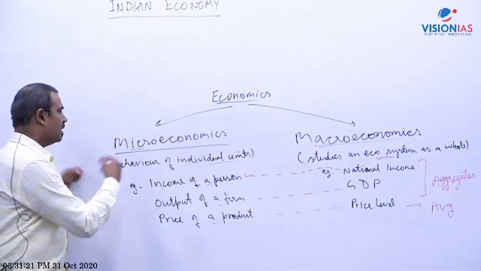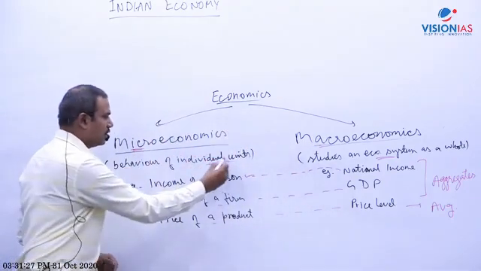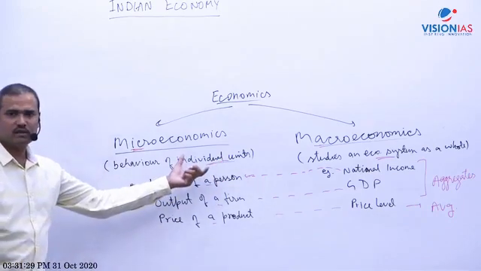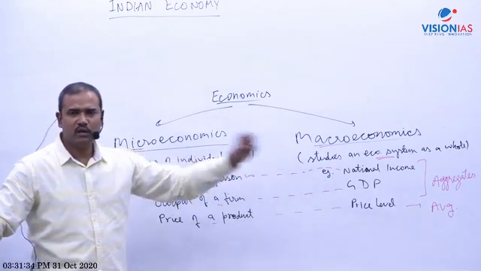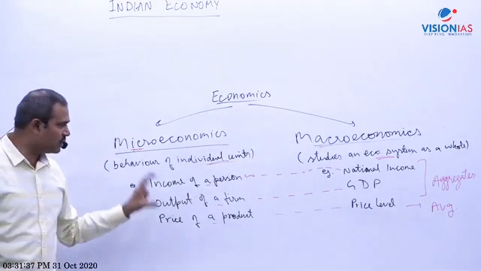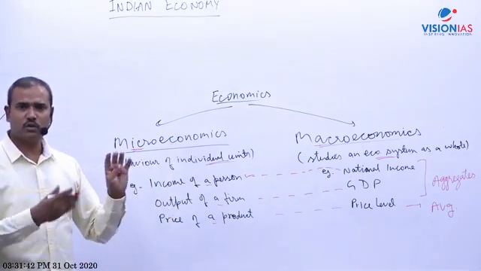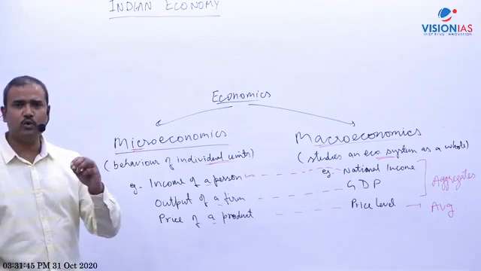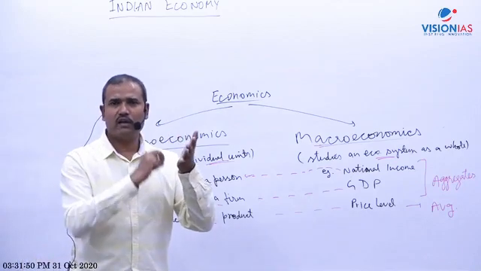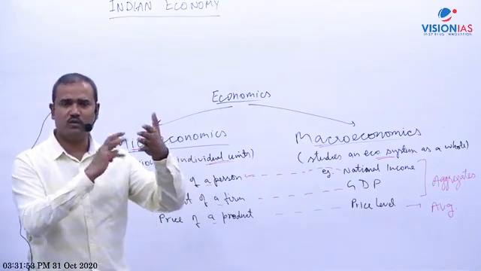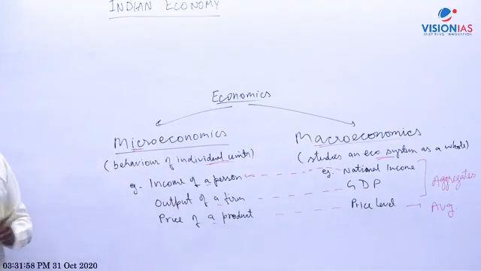Micro, you may underline this. Macro. Microeconomics, macroeconomics, and here you may in short write down behavior of individual units, or just individual units, and here economic system as a whole you can mention. Just write down in short, make notes so that in one glance you will understand. If you organize information in this manner, you can easily remember. This is just one illustration of how you can make notes, because if notes are written in language form, then you have to read while understanding, but a note should be such that in one glance you will understand, so then instantly you can revise.